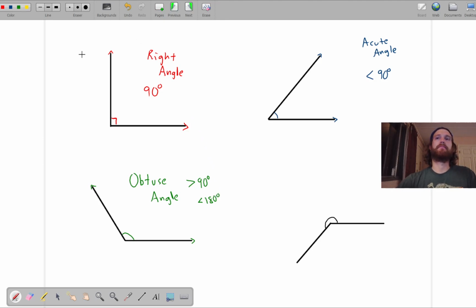Moving on. This one's a little bit tougher. This is called a reflex angle. So a reflex angle,